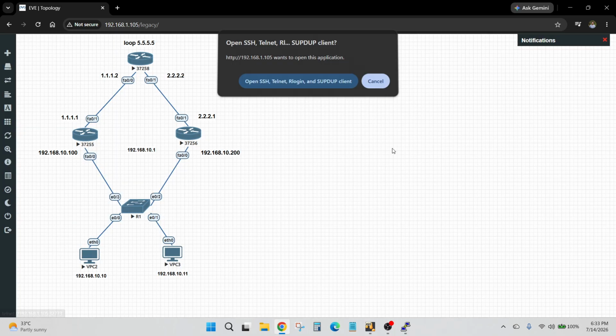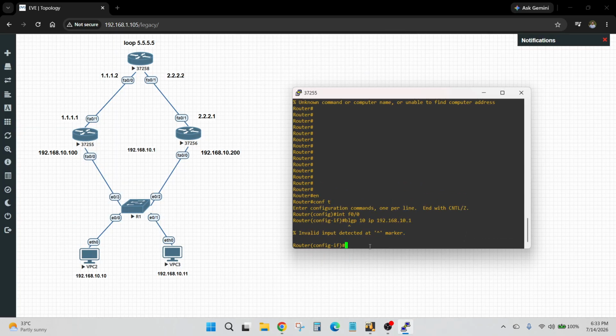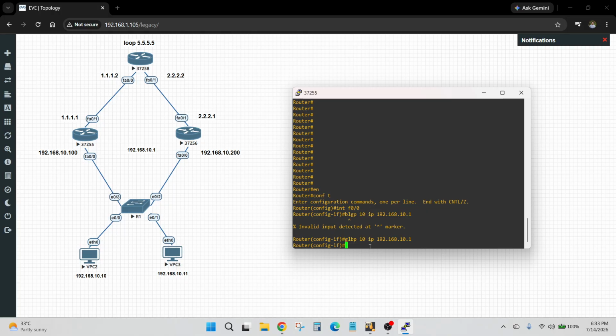So GLBP 10 IP 192.168.10.1. This is our virtual IP.